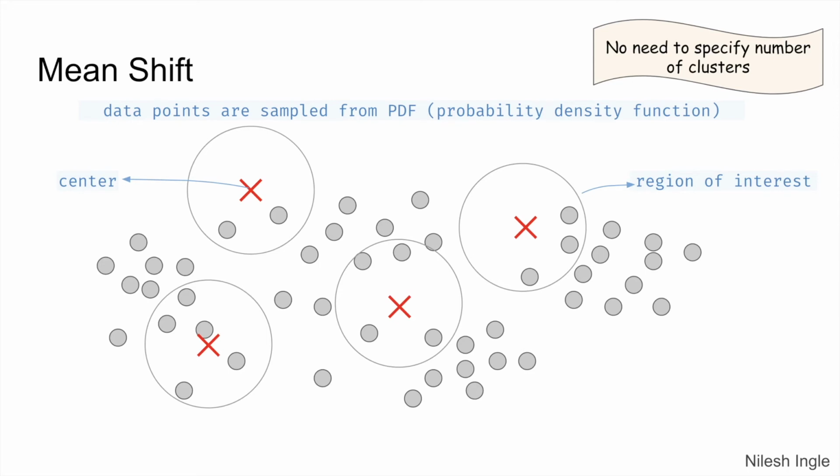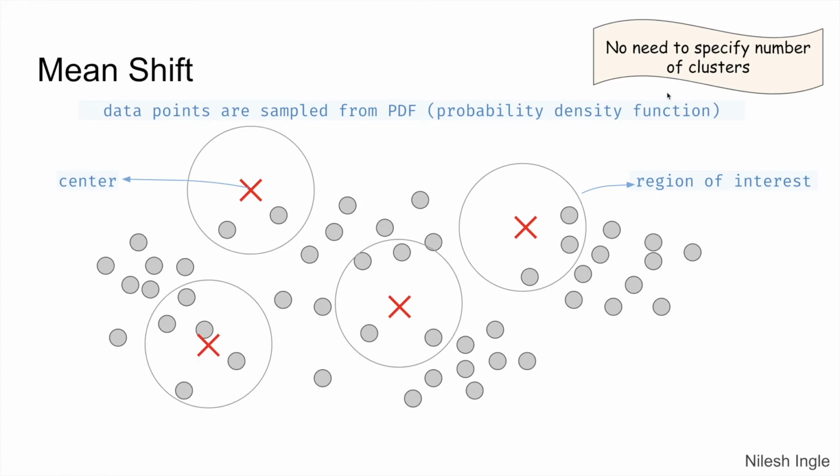Next method is mean shift method, and in this method the data points are assumed to be sampled from a PDF or probability distribution function. So a very general intuition of this method would be like this. Let's say we have these data points, gray data points shown here. What we can do is, now here we are initializing with these